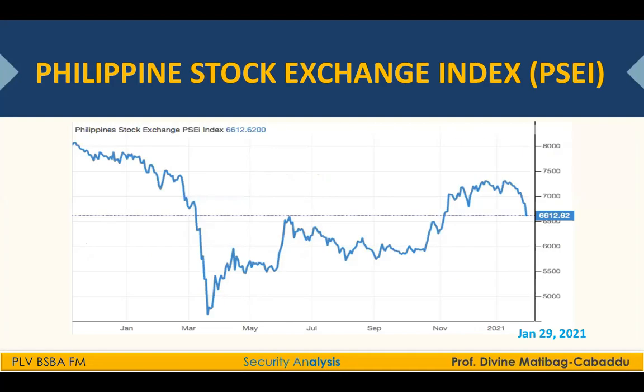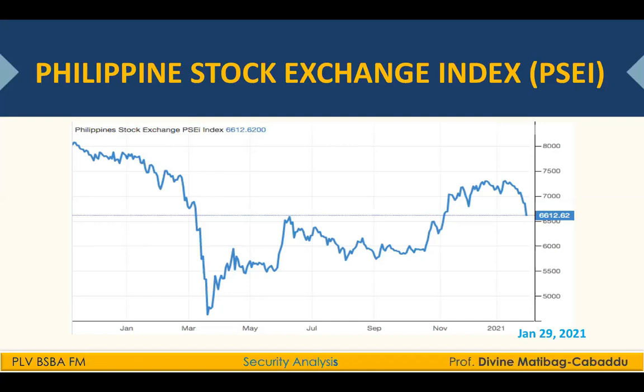Now, let's move to the core of this discussion, which is that the economy and stock market have a strong empirical relationship. But did you know that the stock market or security market generally moves before the economy does? Therefore, the best macroeconomic projection techniques use economic series or events that likewise lead the economy or possibly the stock market. So this is one of the reasons why some Filipinos would say that they do not really feel the progress or the improvement in the quality of their life. The economy moves slower compared to the Philippine Stock Exchange.